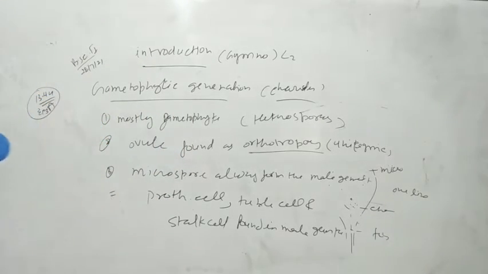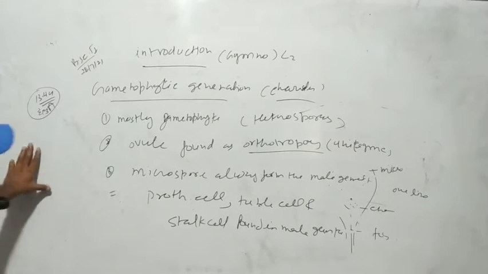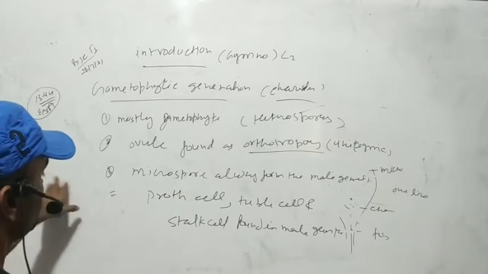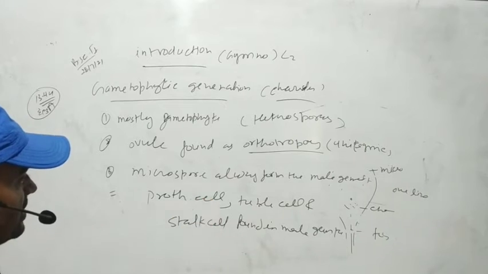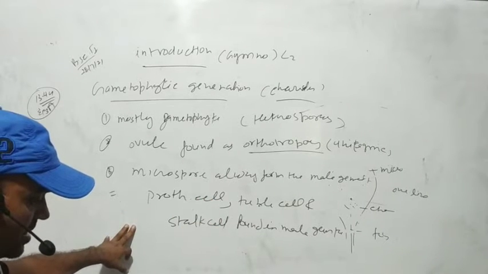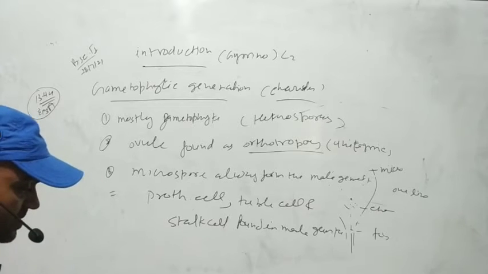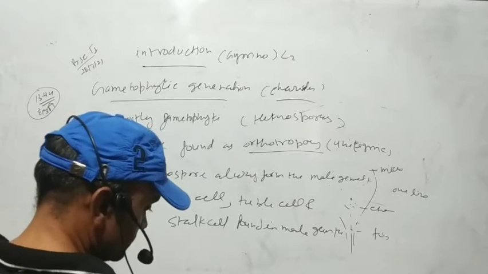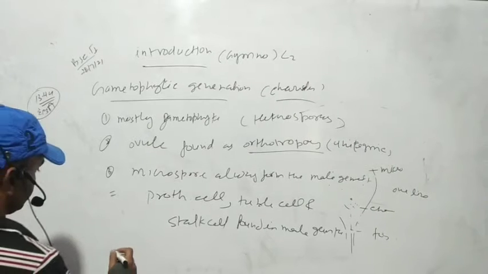So microspore always forms the male gametophyte, in which prothallial cell, tube cell and stalk cell are found. And the next one is